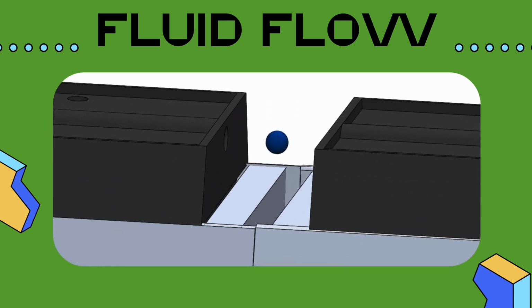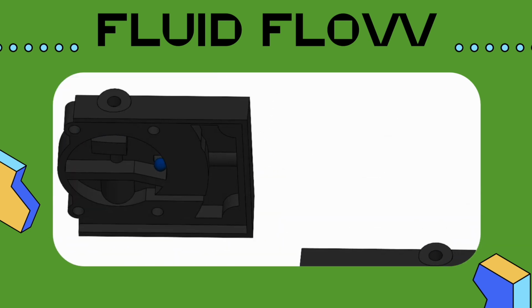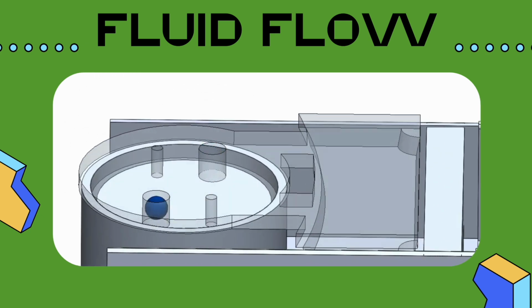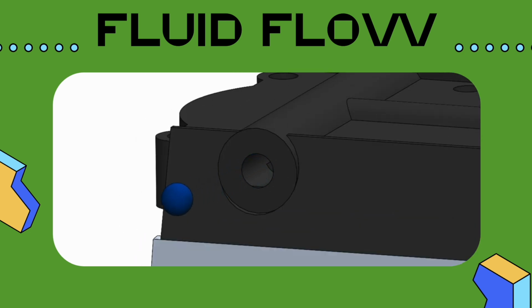The fluid enters through the intake valve and travels into the piston chamber. In the piston chamber, it is compressed and forced out through the exhaust valve at a higher pressure. The large piston creates the low pressure output and the small piston creates the high pressure output.